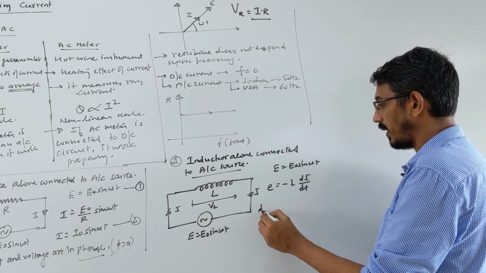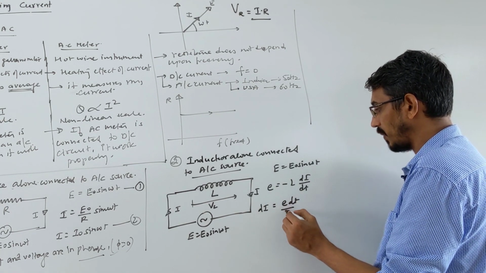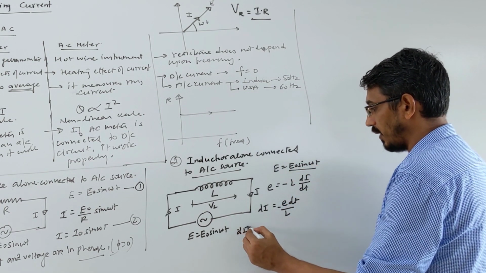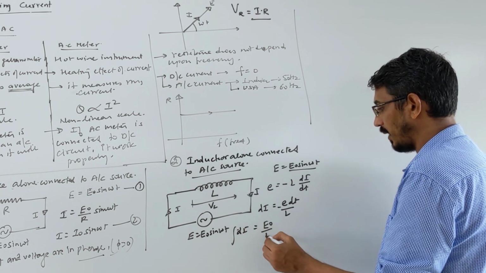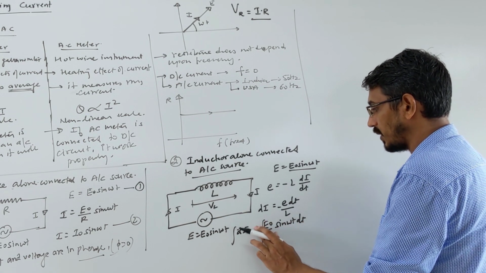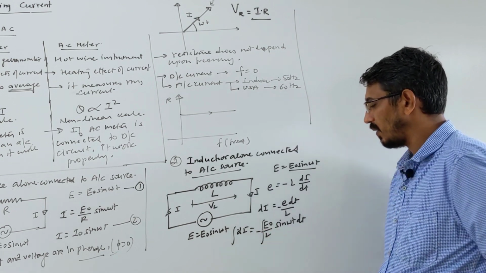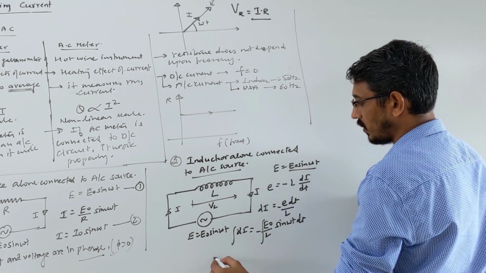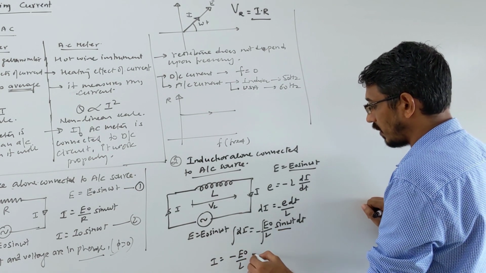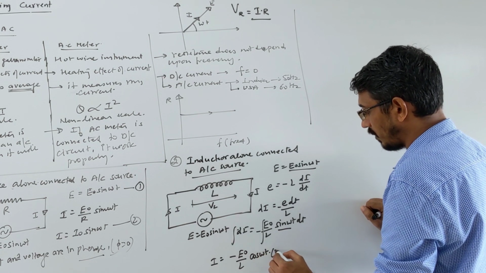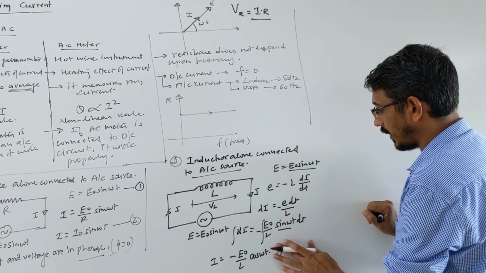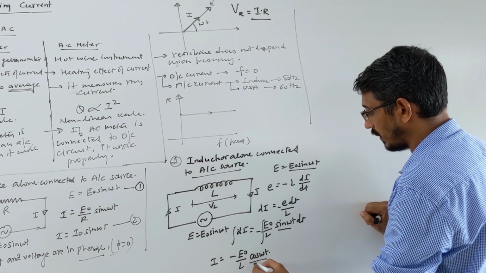So we want to calculate current. Watch carefully. di is E times dt by L, with a minus, right? What is EMF? That's your voltage equation. So let's integrate on both sides: E naught by L with minus, sine omega t dt, and integrate on both sides. This is not so important, still I am doing it. So the current equation looks like minus E naught by L, sine becomes cos omega t, and omega should come down actually, like this way.